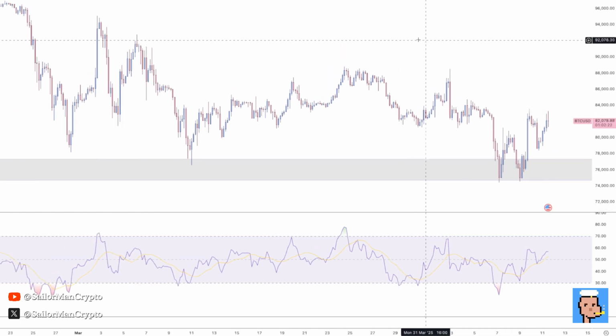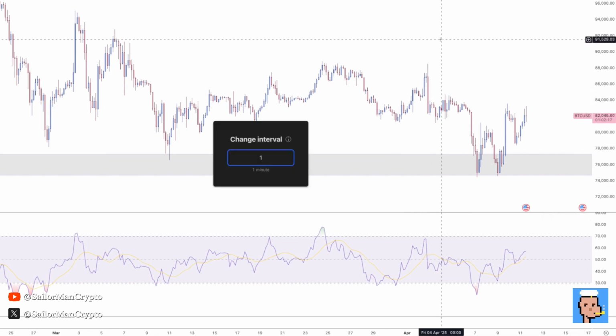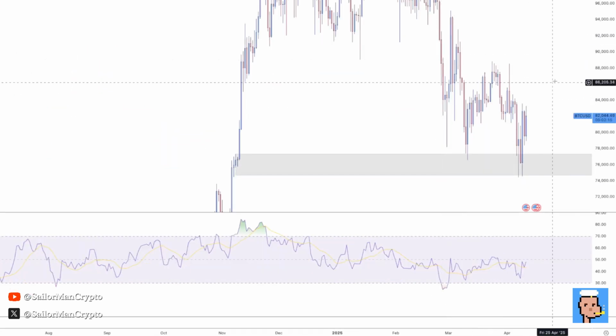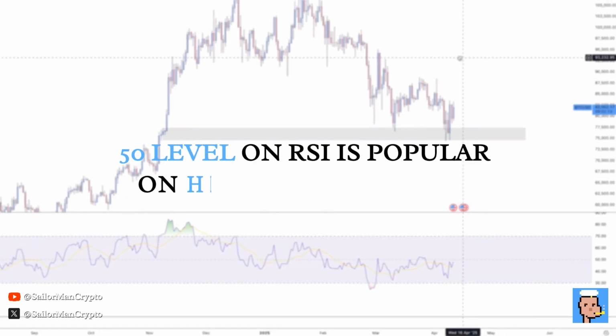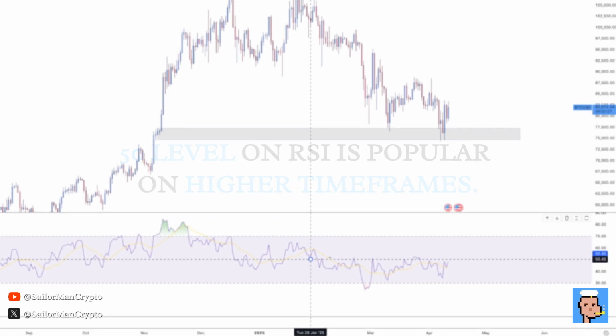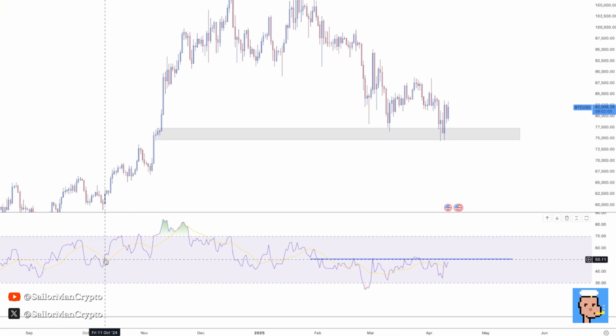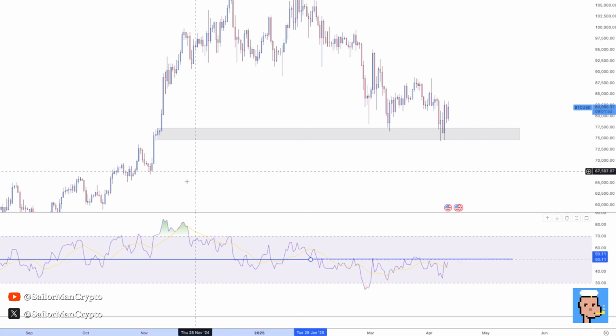Last but not least is the use of the 50 level. I basically use it mainly on high time frames, daily, 3-day or weekly, and it is usually a good indicator of, let's say, bullish dominance of the market, or bears' dominance of the market. I don't use the 50 level really trading-wise for setups, but mainly to give me an indication of what